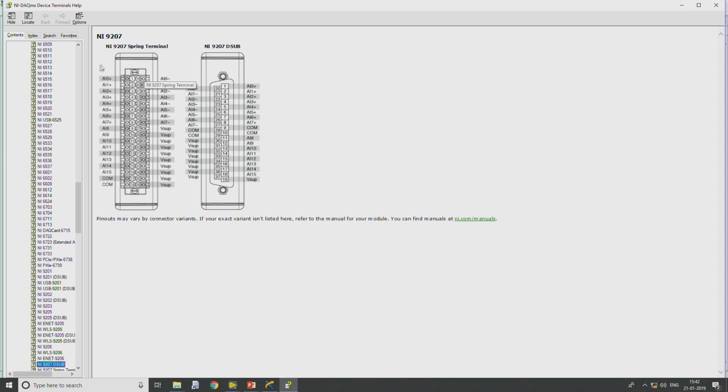Since our intention was to acquire the data from the sensor, we will be connecting the sensor to AI0 plus and AI0 minus, which will be in voltage format.